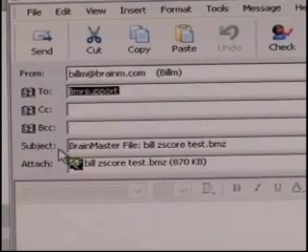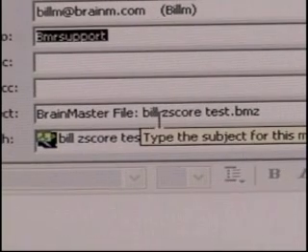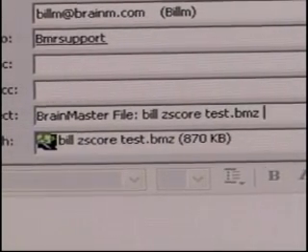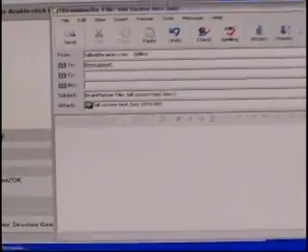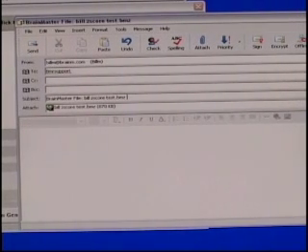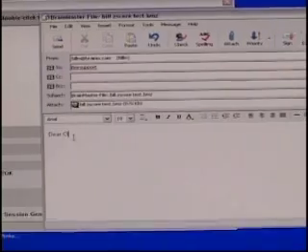We notice in the subject that it does outline that it's a Brainmaster file. It's bill z-score test.bmz. We could then add any type of note for the client that says here's your next 6 sessions or your next 10 sessions, or please after completing these sessions email back to us. You can put any kind of note there you would like, along with in the body we could do the same thing and say, you know, dear client,